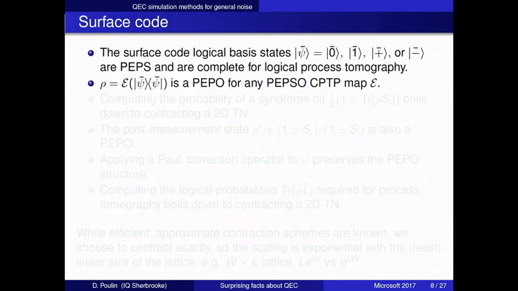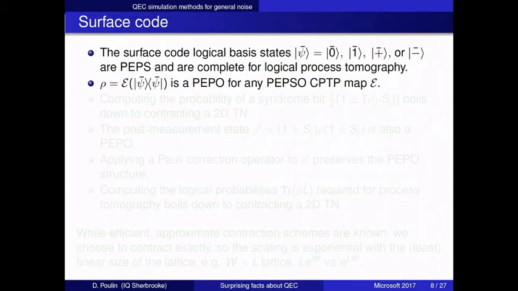If you write down a density matrix, that does not change this fact; it remains a 2D tensor network. Now, I would like to apply some noise model to that state, and I would like the result to also be a 2D tensor network. So what type of noise model allows me to do this? Well, any noise model that's a 2D tensor network.